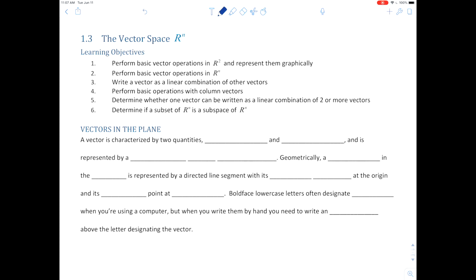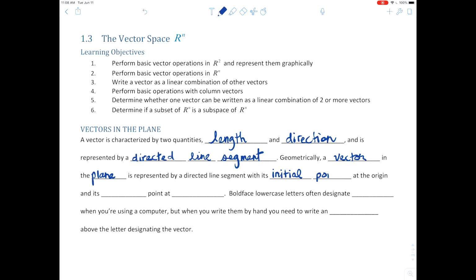Vectors in the plane. A vector is characterized by two quantities, length and direction, and is represented by a directed line segment. Geometrically, a vector in the plane is represented by a directed line segment with its initial point at the origin and its terminal point